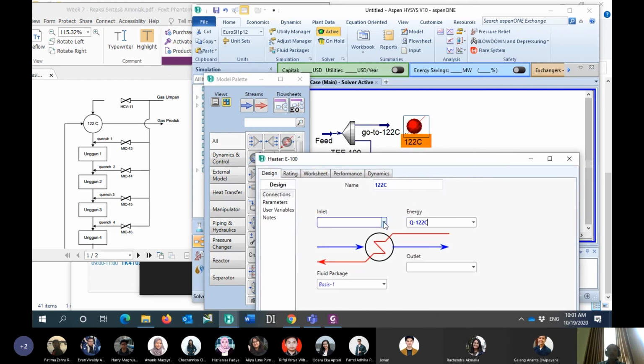Okay, and then the flow rate goes to this one, and then the outlet will be Out 1.